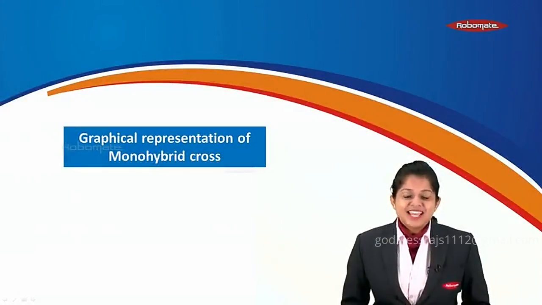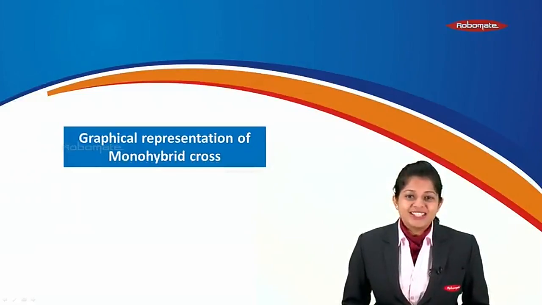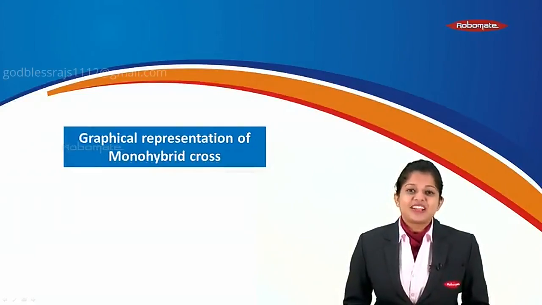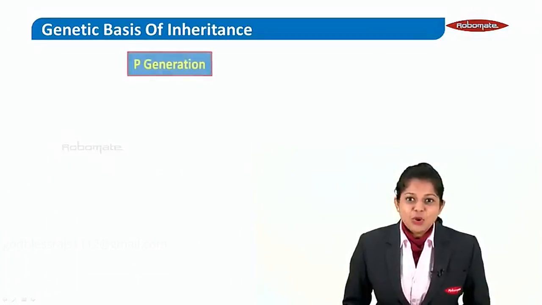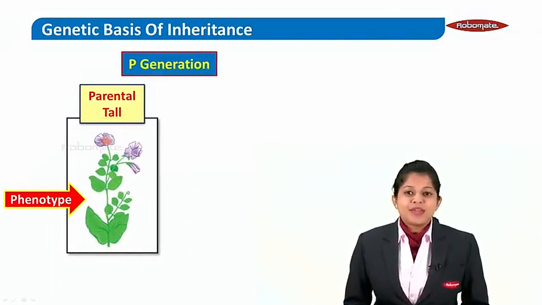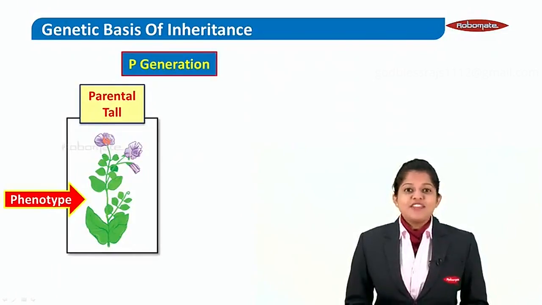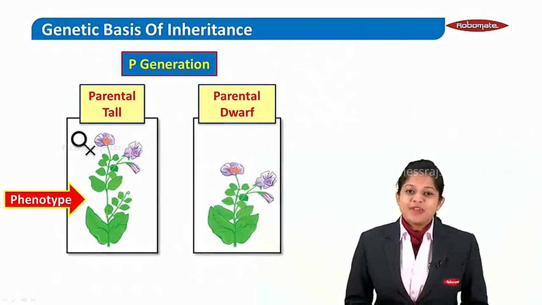Hello dear students, now that we have studied the explanation of monohybrid cross, let us have a look at the graphical representation for the same. This is for our better understanding. So, the parental generation, that is the parental tall, is always chosen to be the female parent, and the parental